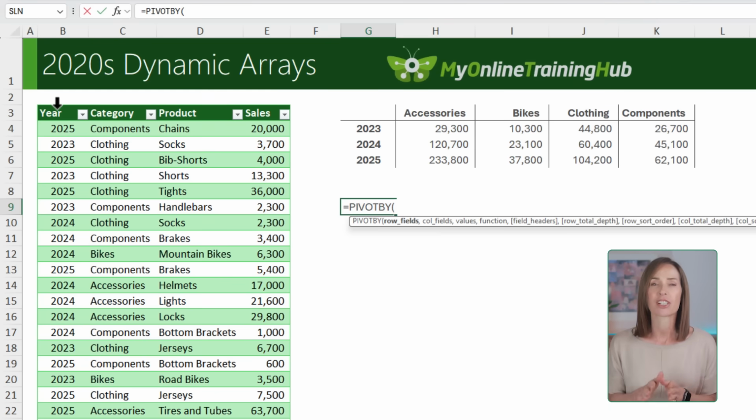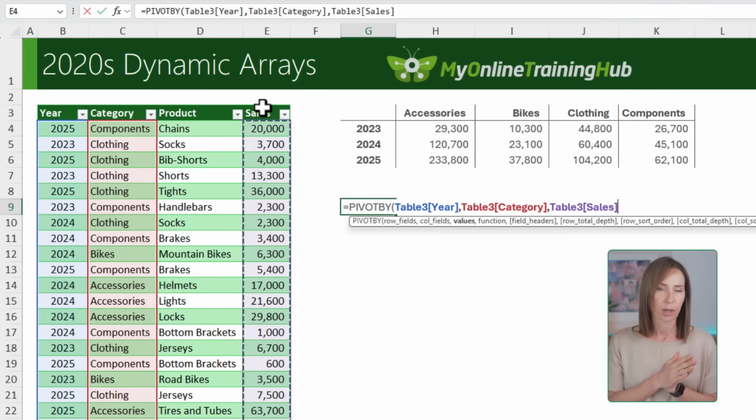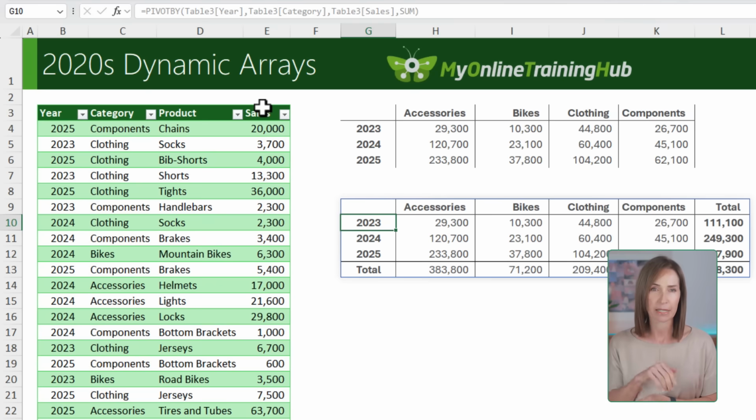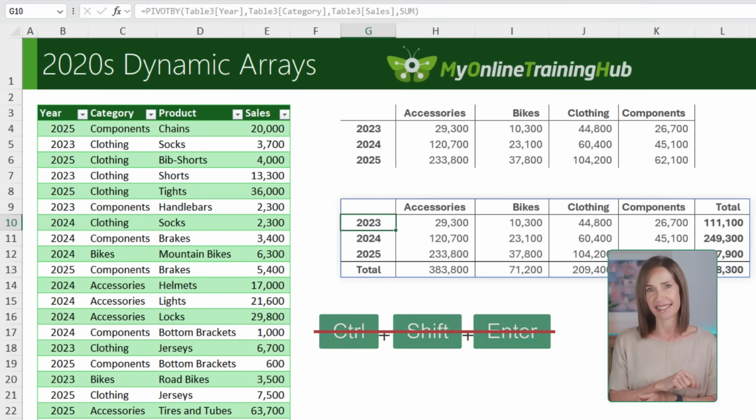With Power Query, you have scalable, automatic data cleaning and gathering every time, so you can spend more time on the fun stuff. And our most recent feature, Dynamic Arrays, is no less impressive. Dynamic arrays changed the way formulas return results, going from a single cell to being able to return multiple results that automatically spill and resize as your data changes. No helper columns, and no messing around with Control, Shift, and Enter.